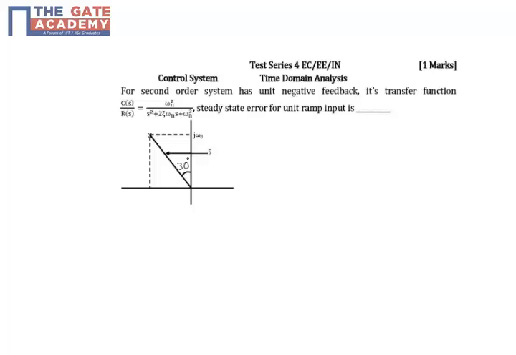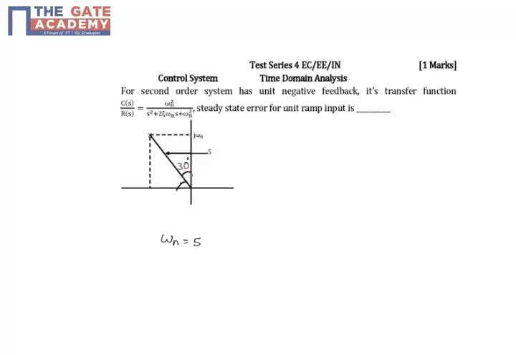In this question, we have to determine the steady state error for unit ramp input for the system which is a second order system. Now in the figure it is given that omega n equal to 5 radians per second. If we see, this length is equal to omega n. So first we will write down omega n equal to 5 radians per second,